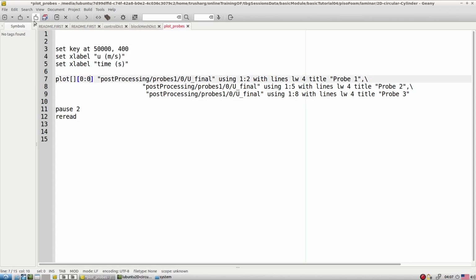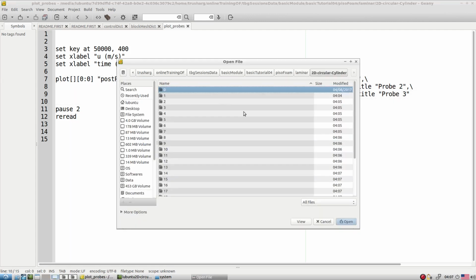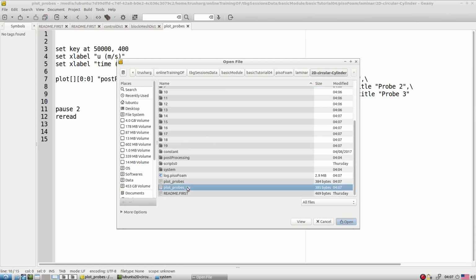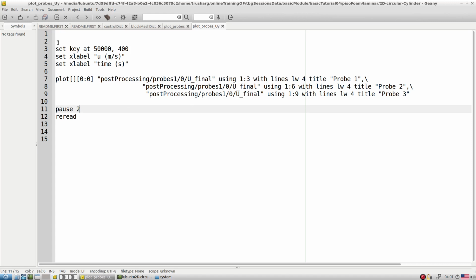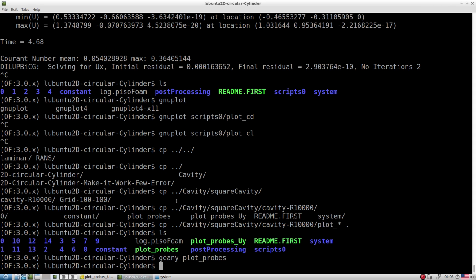So let's change this range to 1.2, 1.5 and 1.8. So the X component we are exploring here. Let's change the Y as well, because we don't know what range is suitable. So we are exploring this, and U final is supposed to be the file. Later on we try to change that.